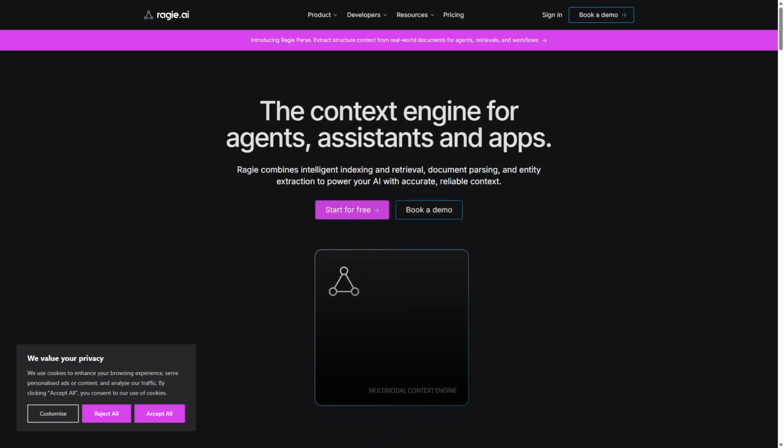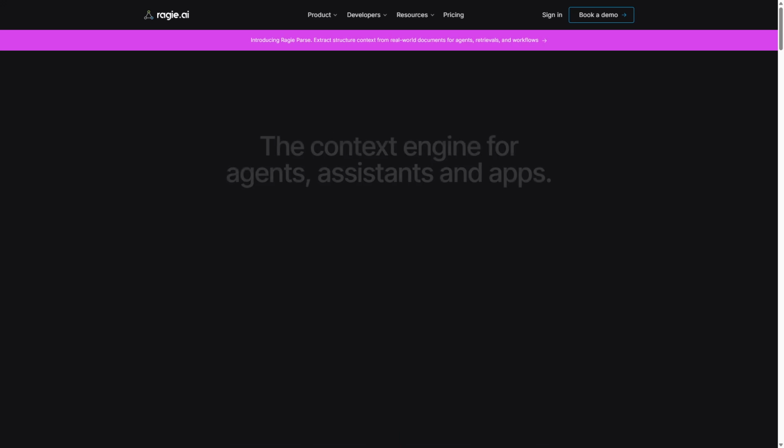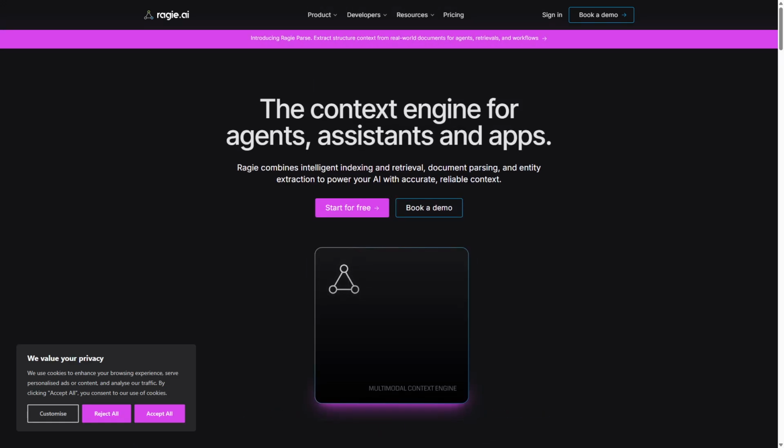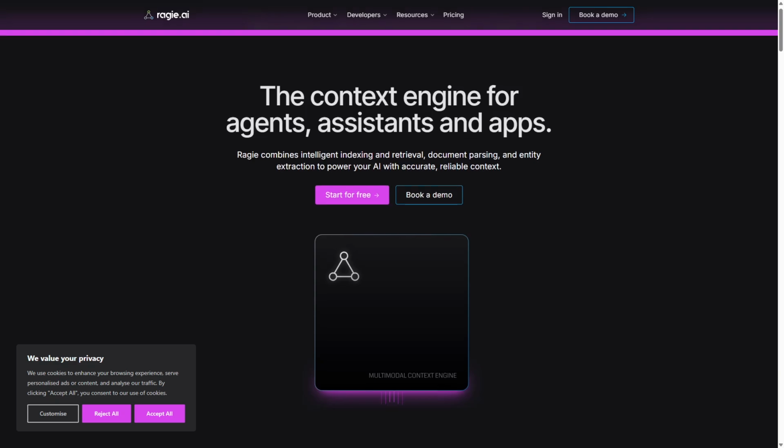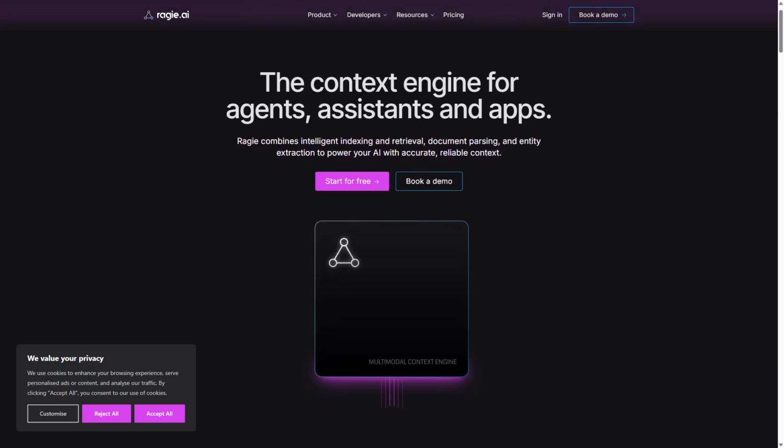Ragie is making waves in the developer community, but is it really the best RAG platform out there? Let's dive into what it offers and whether it lives up to the hype, or if it's just another tool that falls short. Ragie positions itself as a robust platform for developers looking to integrate rapid application generation, as G,